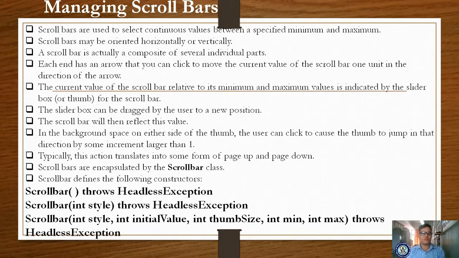In the third form of the constructor, Scrollbar(int style, int initialValue, int thumbSize, int min, int max), you are specifying your style, the default initial value, the thumb size, where the thumb is your slider, and the minimum and maximum values of your scroll bar.